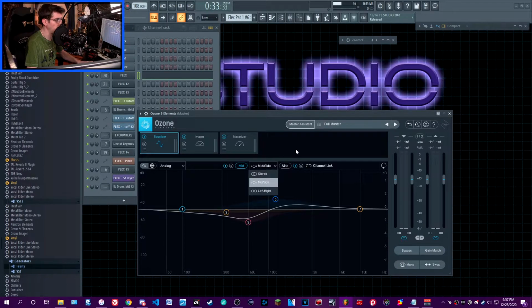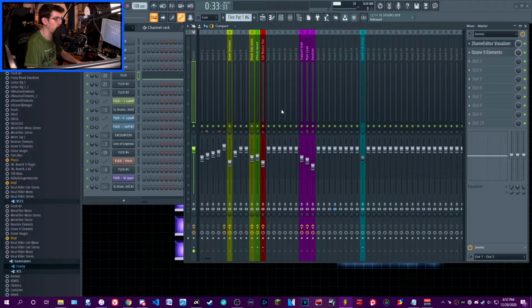There's also some mid-side and stereo things that I'll have to do more experimenting in, because I've never really touched a lot of those, but I'm sure that they'll obviously adjust how your mix sounds. So there's that. The other plugin that I've really been a fan of, and this is a free one,